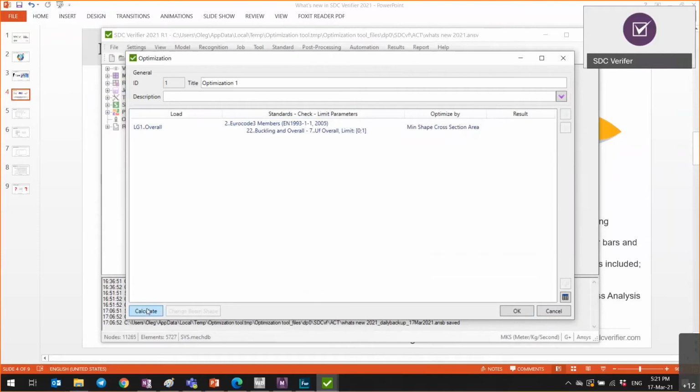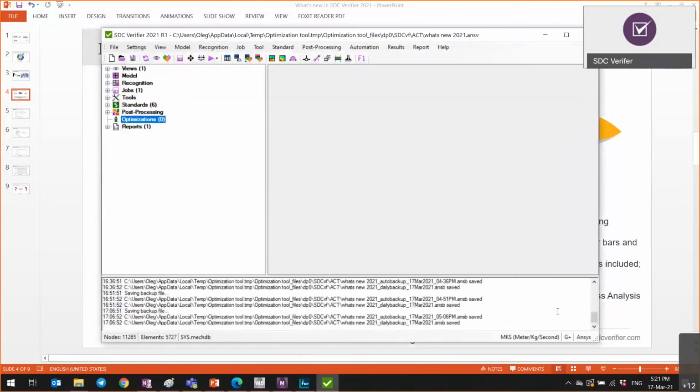Once again, after the calculation is done, we're going to have the list of results, and we're going to have an optimal result. And then you will have this button active, change beam shape in Ansys or in Femap, the software that you use, and optimization automatically changes the cross section to the one that was selected as the optimal result. Okay, just a reminder of what the optimization is and how the shapes library could be used. Now the next thing,